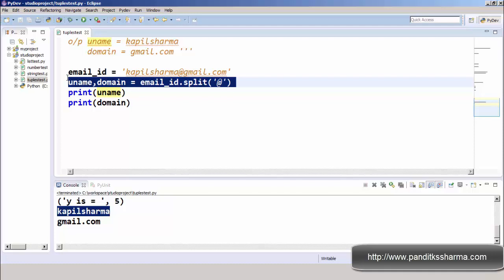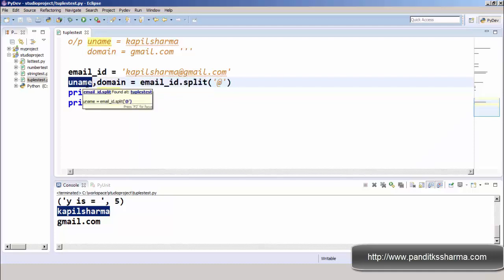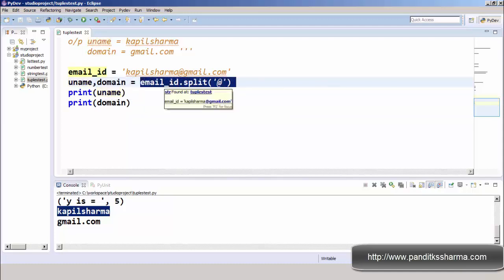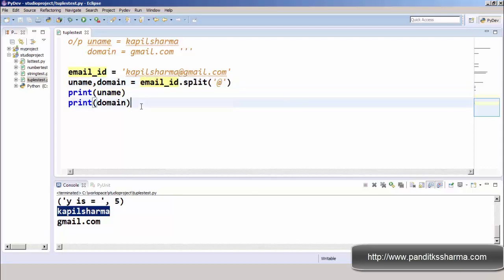But the one thing you have to take care of is, whatever you are assigning on the left side, like variable names, you have to give the same number of values on the RHS, the right hand side. How? See an example. If I have the variables x, y, z and I'm assigning the values 1, 2, 3, here are three variables on the LHS and three values on the RHS.